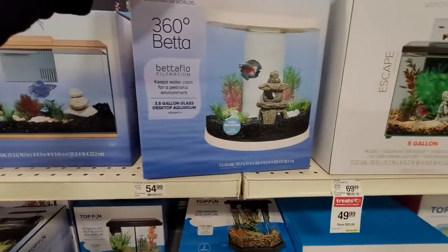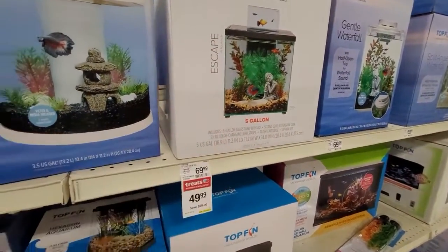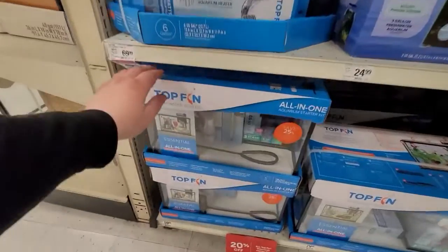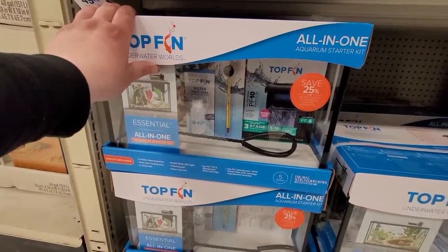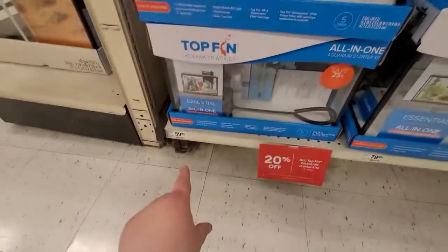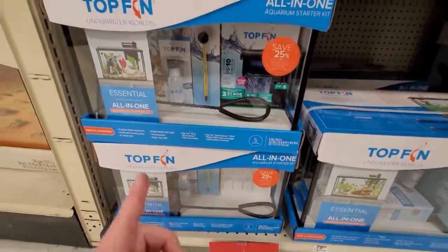Honestly, they have smaller sizes, and some of them are pretty stylish, with trim and little feet and molding and stuff, but I don't think we really need anything like that. You can get the simpler tanks like this. These kits now, I think they come with pretty much everything you need, which is really nice, because in the past they didn't. So for $59.99 and then 20% off that right now on all these kits, you can get